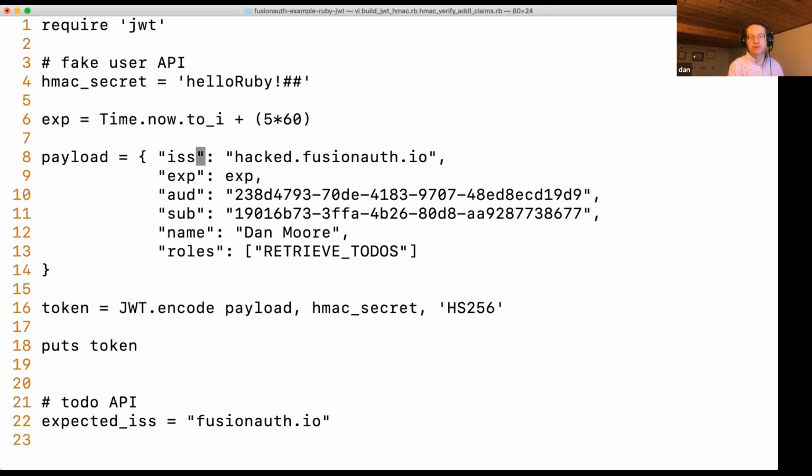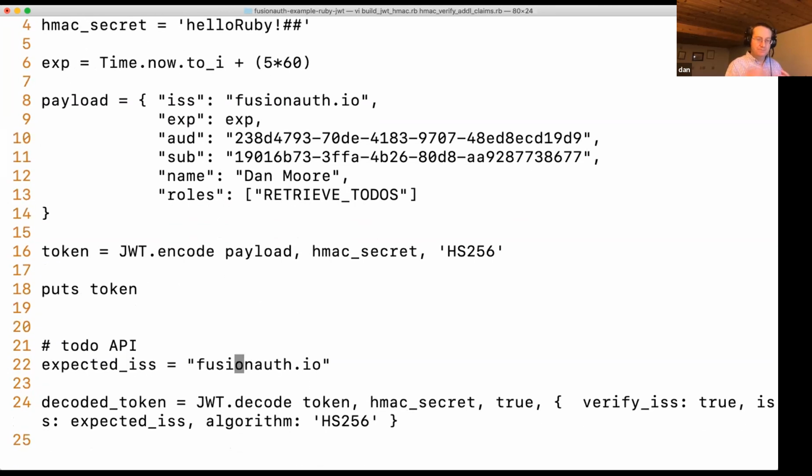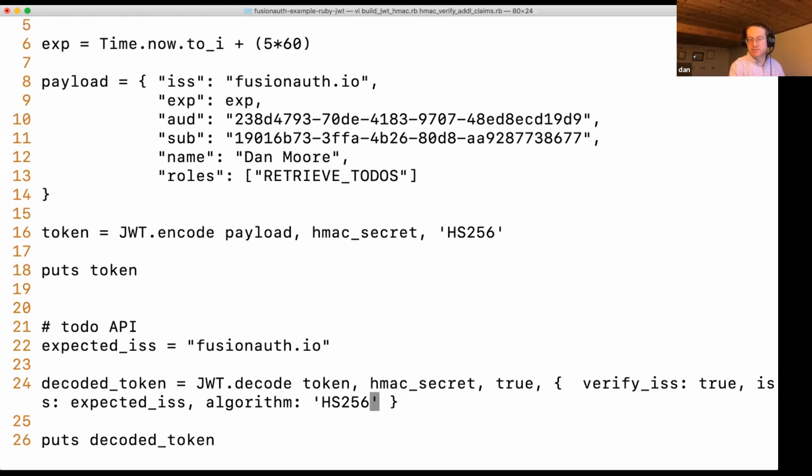Same symmetric algorithm. If you have the issuer as fusionauth.io, and in the ToDo API, we actually check the issuer. And again, this library provides some helper methods to do that. We can verify the issuer, we can verify the audience.